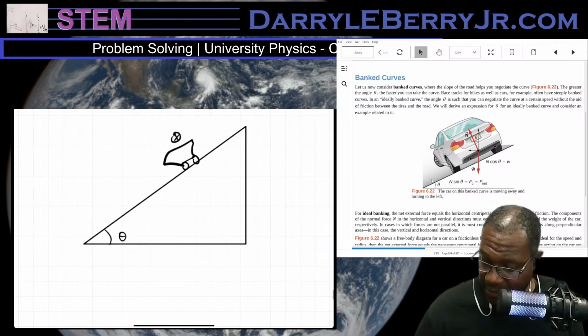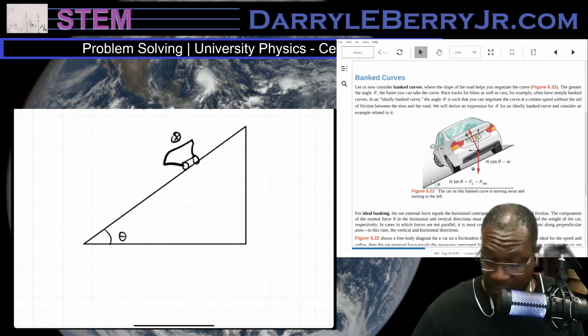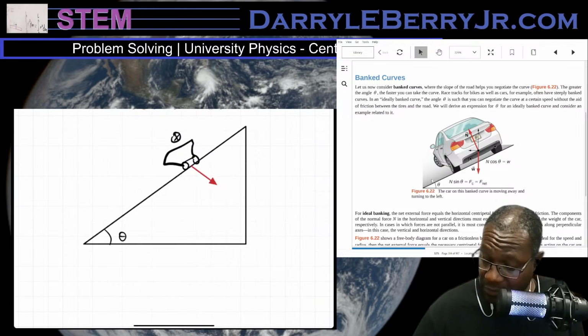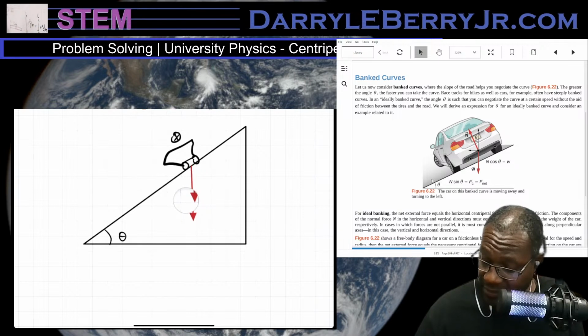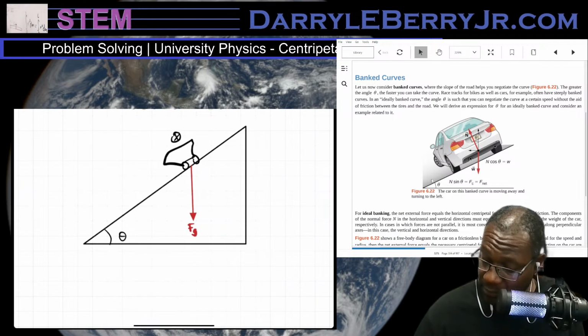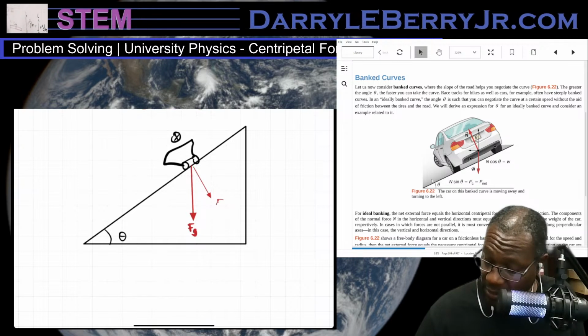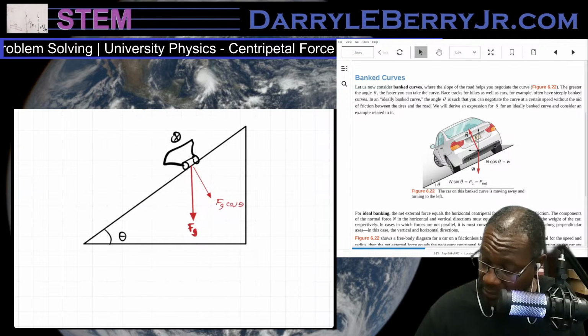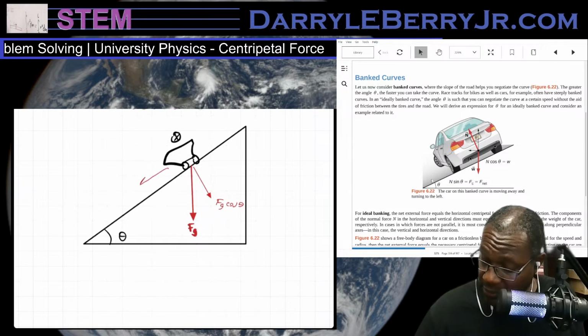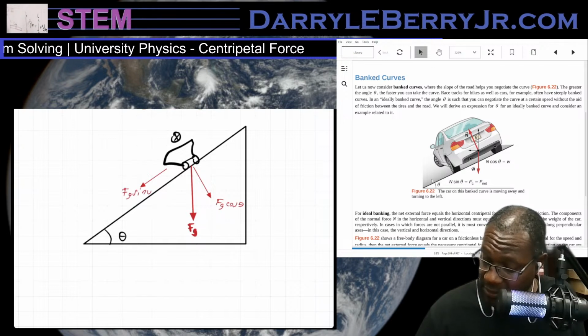I notice I always put my triangle for the forces at the bottom. So I might say, for instance, that this is FG, and this is FG cosine theta, and this is FG sine theta, and this is also theta,